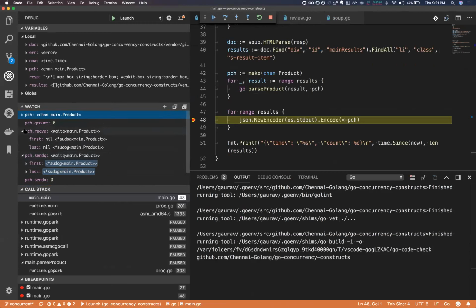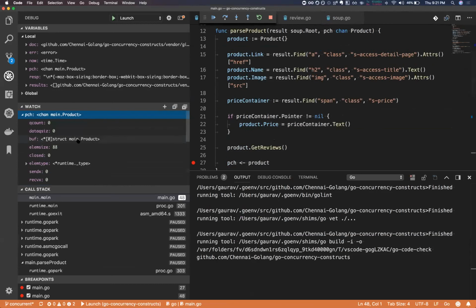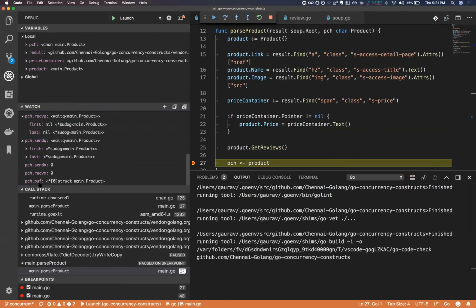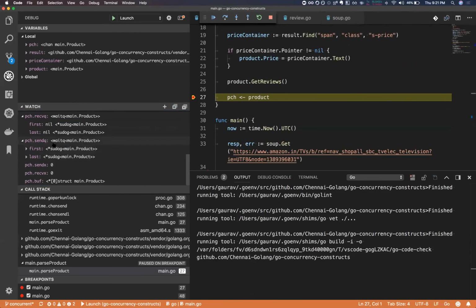It is, in the sense, it still has a buffer where the element is stored, like the element product. Obviously, it's still stored inside this buffer. It's just that I haven't gotten lucky enough where 2 writes have happened and only 1 read has happened. Let me just go on executing it a bit for a while. So it seems like now I have a blocking send. So that means I have something in the queue.